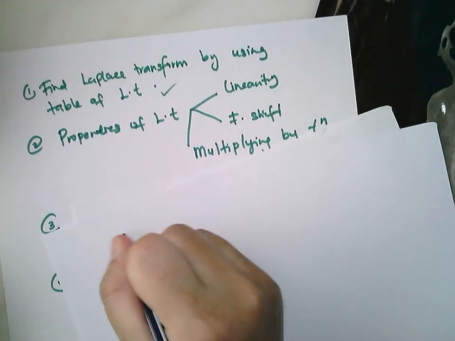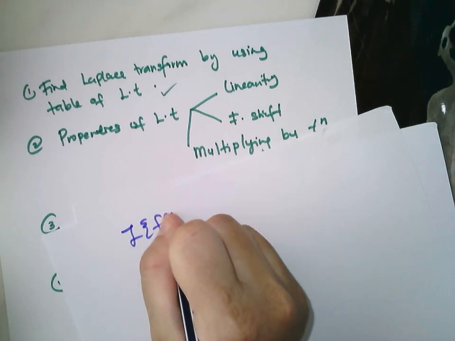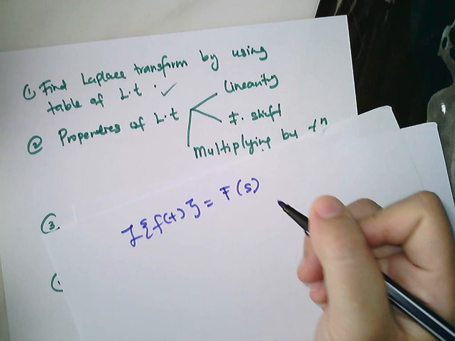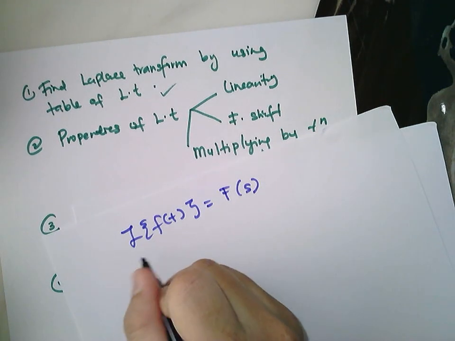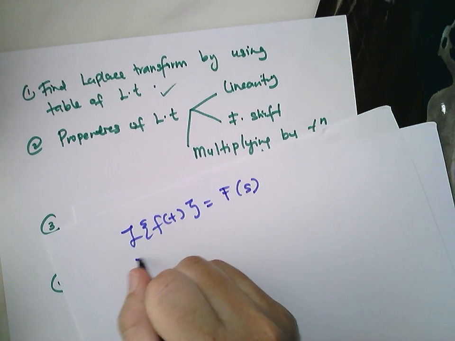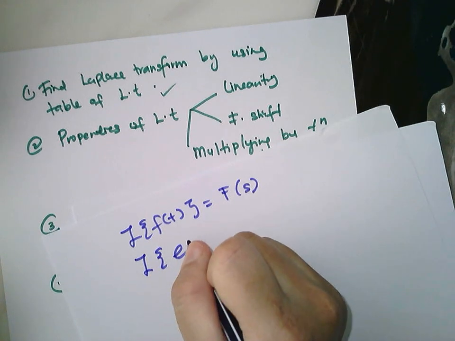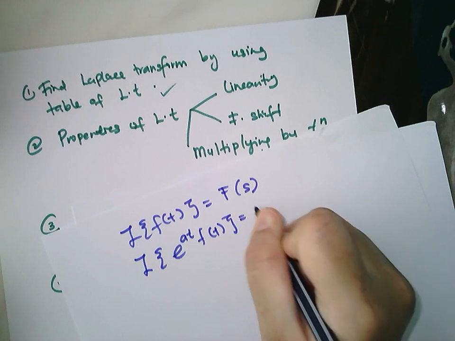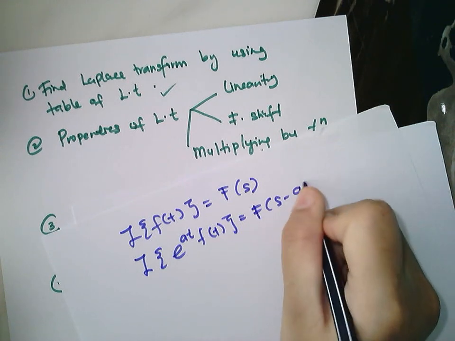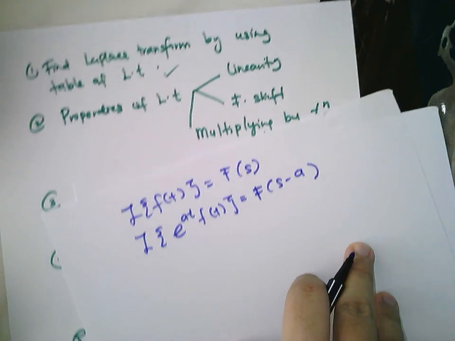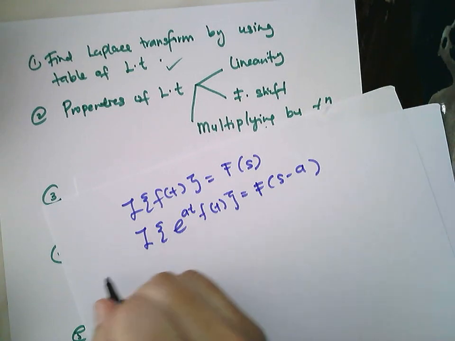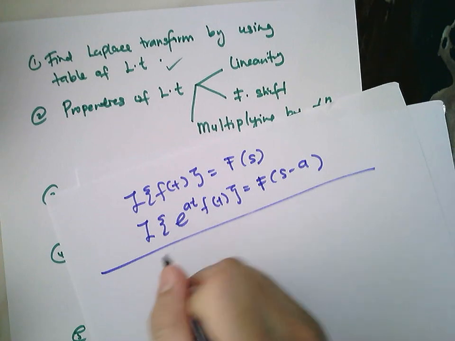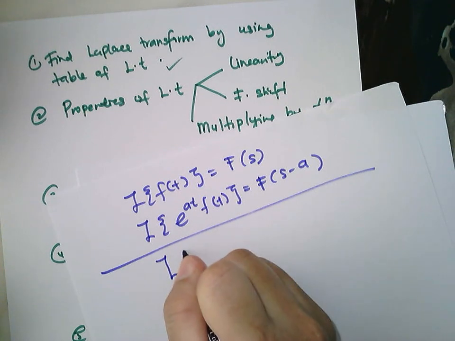Before this, if you have Laplace of f(t), this is equal to F(s). For the first shift property, if you have Laplace of e^(at) f(t), then you will have F(s - a). For multiplying by t^n function, you are going to apply this property when you are asked to find the Laplace of